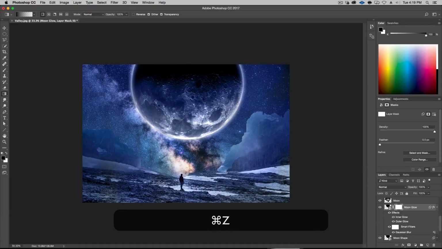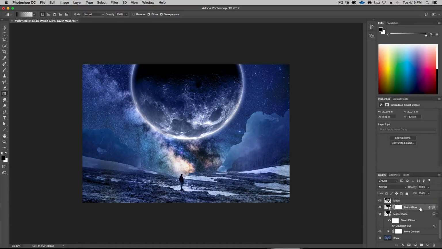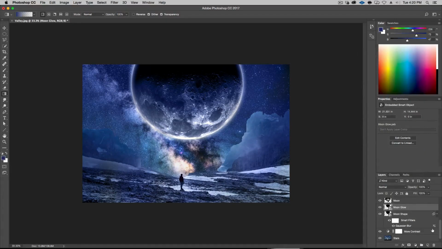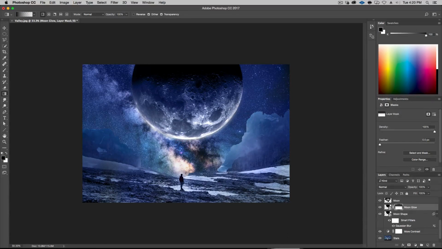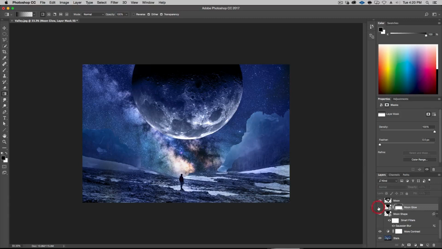All right, so basically because it's a smart object, it's changing where that glow is happening. To fix that, pretty simply, just right click and convert this to a smart object and add a mask. And now I can very comfortably just say, okay, I want that glow to be here, but not up here. No, it's a little too strong. Let's do that a little softer, something like that. There you go. So before the glow, after the glow, it's very subtle at the top, and it's pretty strong right here in the middle.